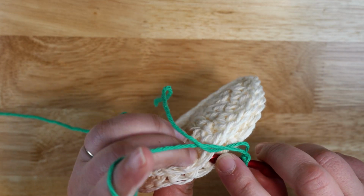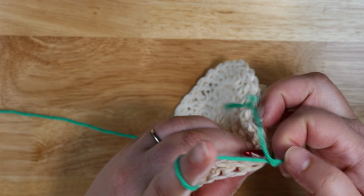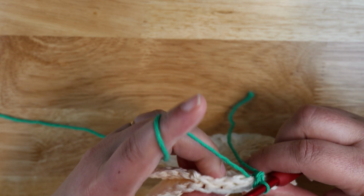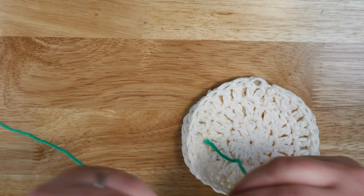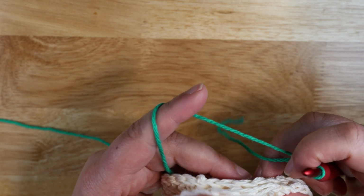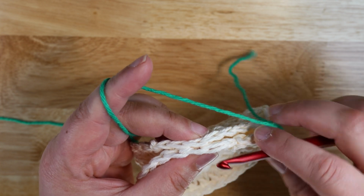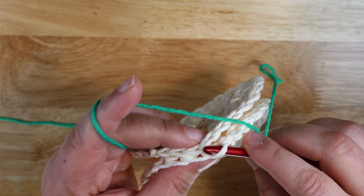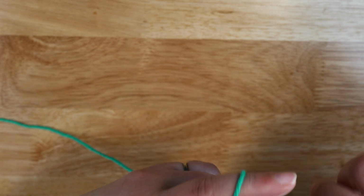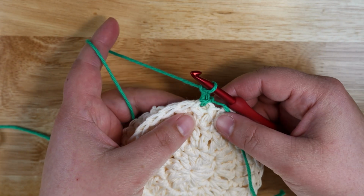Let's see, so we need to attach our yarn. I'm going into any stitch, just getting all the way. I'll show you that again. So I got my slip stitch on my hook, and I'm working into this stitch under both bars and both bars of the other. And I'm going to slip stitch and chain 2, and then into the very same stitch,